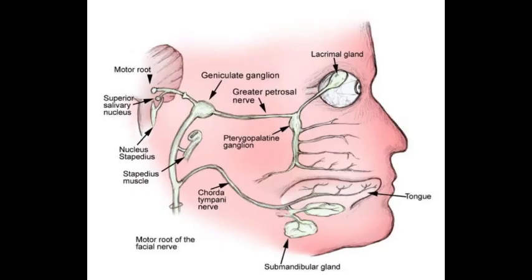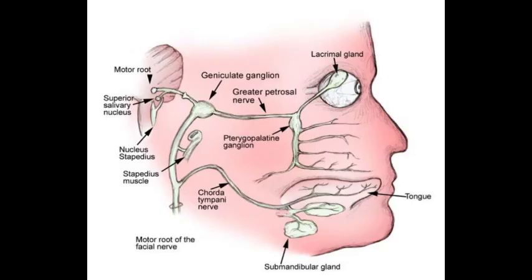And these scattered preganglionic cell bodies together, we call them the superior salivatory nucleus or the superior salivatory nuclei. Now, the fibers of these superior salivatory nuclei travel through the nervus intermedius. So now that we have our facial nerve, which comes from two roots, it courses laterally through the cerebellopontine angle,